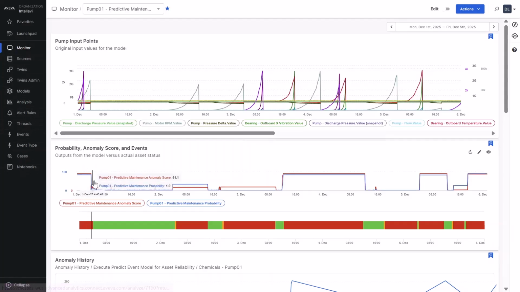Right below that, we have the probability and anomaly score outputs from the predictive model, showing the model's confidence that a maintenance-relevant event is forming. The bar below gives us an at-a-glance timeline of normal periods in green and anomalous pump behavior in red. And notice how the anomaly score and probability increase both during and before the periods where fluctuations appear in the input chart above. This alignment is exactly how the platform helps detect and then helps you prioritize which pumps need